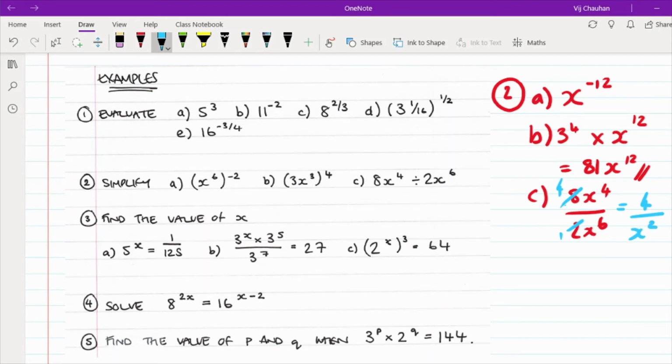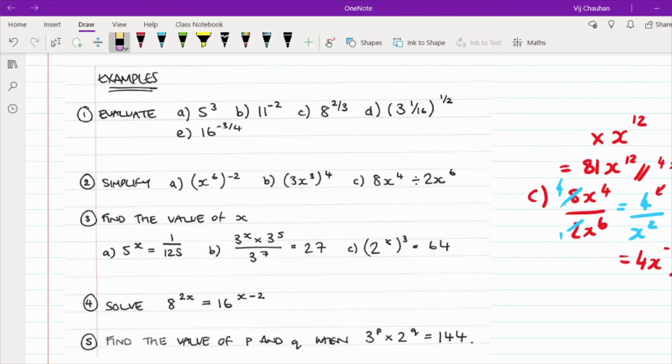And what you need to start doing is getting used to writing this using indices. So what this then becomes is 4x to the power of minus 2. Now if you're not sure where that's come from, I can write this as 4 times 1 over x squared. This bit here then becomes x to the power of minus 2, which is where this comes from. And that's that one done. So if I just quickly rub all of this out, we can then move on to